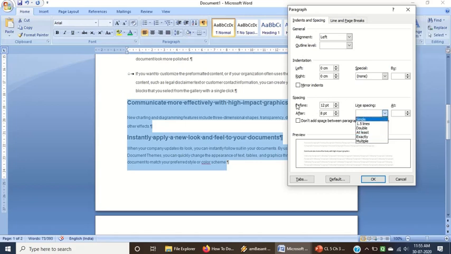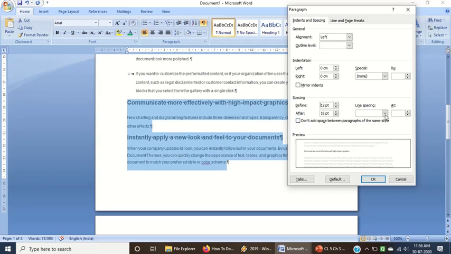Okay, let me select the spacing before and after the paragraph. Now you can see the preview here, how it changes. See, it is increased. You can see the space before the paragraph and space after the paragraph. I am increasing it. See the space after the paragraph. I hope you understood. See the preview box in the dialog box. I can fix it from here.